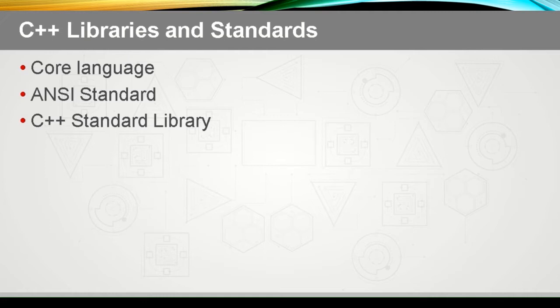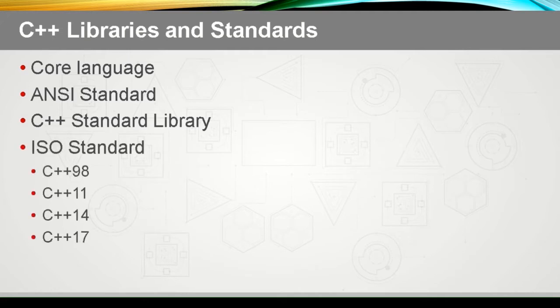What was called the standard template library, or STL, became part of the C++ standard library in 1998, and this was the first ISO standard. C++ was originally created by Bjarne Stroustrup in 1979, and it started as C with classes, and then it was extended from there, only getting its C++ name in 1984. The ISO C++ standard was introduced in about 97 and finalized in 98, and by 2011 we got the ISO C++11 standard,